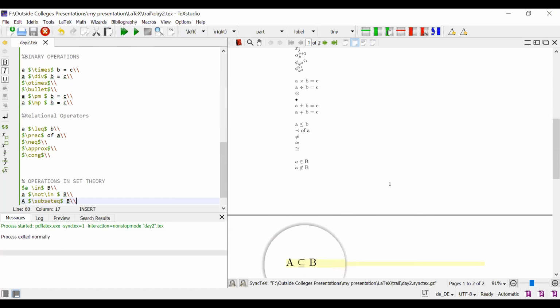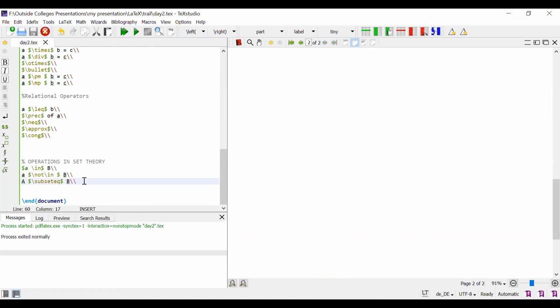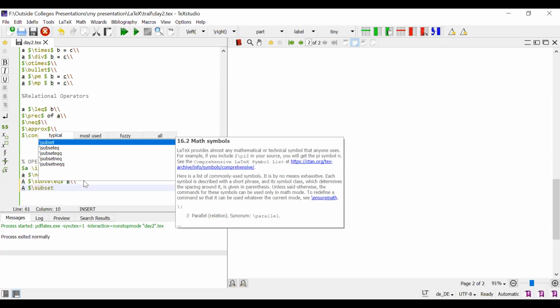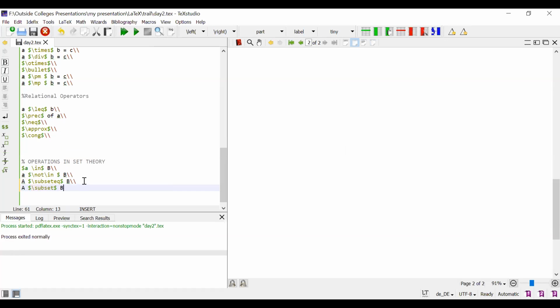This is called an improper subset. How do you write the proper subset? That is A \subset B. See this?